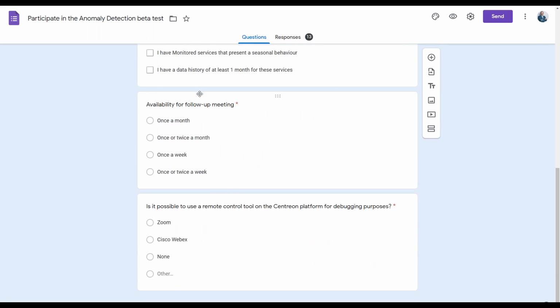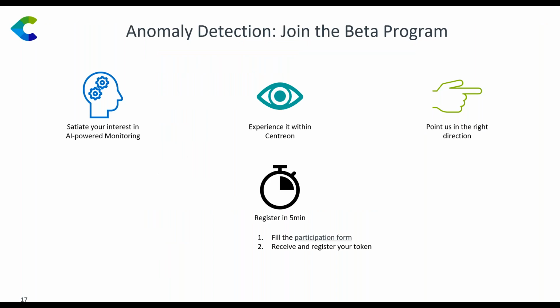And finally, this is how you want to collaborate. How often do you want to participate, and by what means? For instance, we have clients we talk to every week, some others every other week, and some others every month. So this is made to best fit your needs and your availability and make your participation absolutely hassle-free and productive for you and for us. And so after that, finally, you receive your token, which is the access token we mentioned earlier,